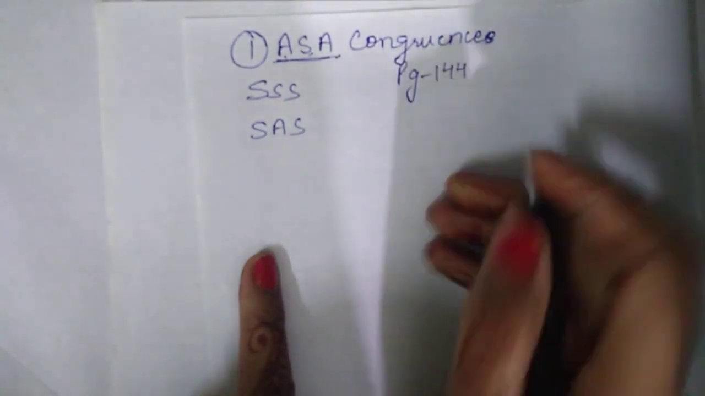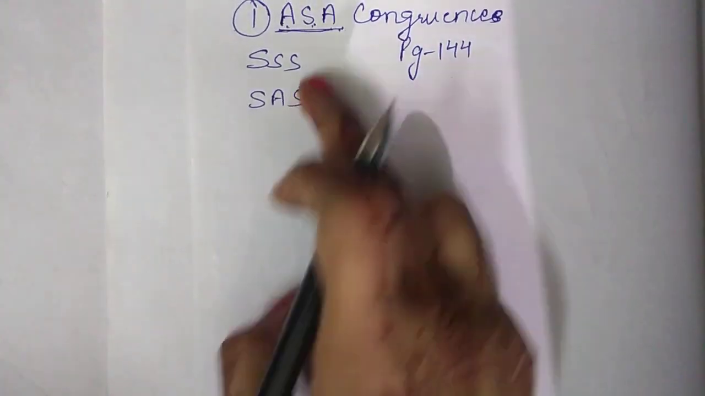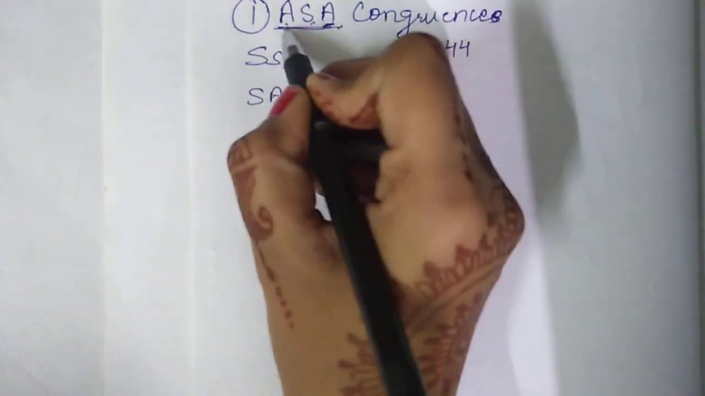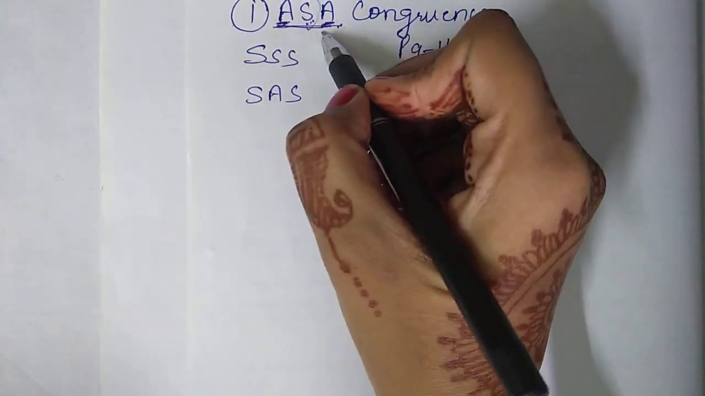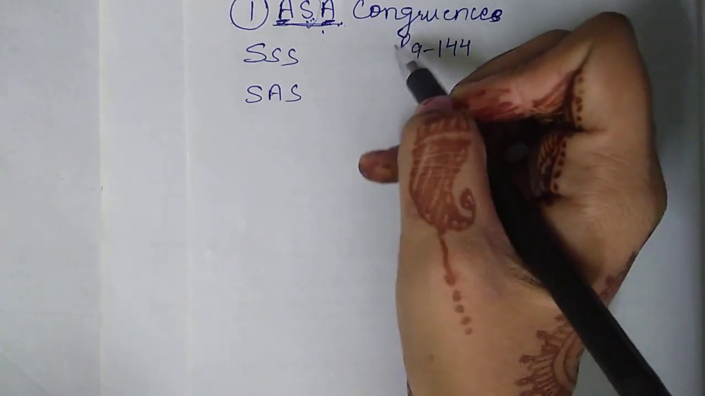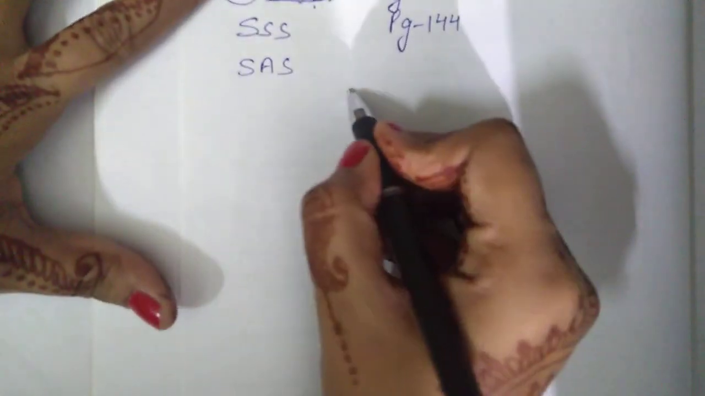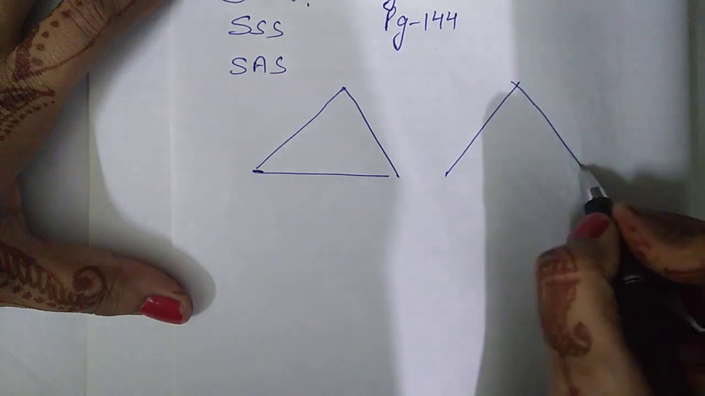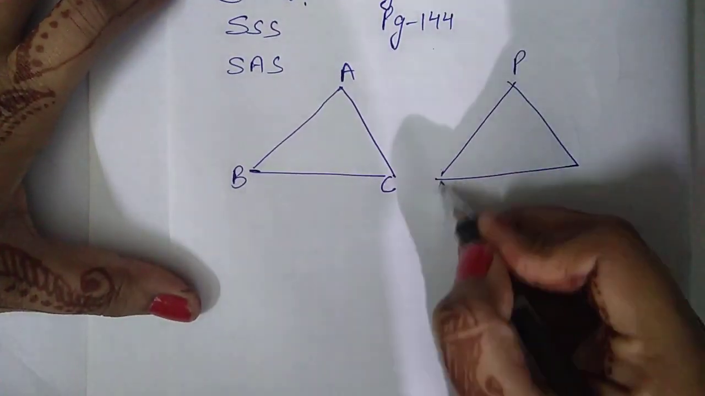You can read it. Okay, I am explaining the meaning of that statement. It states that two angles and one included side of one triangle are equal to two corresponding angles and the included side of another triangle, then the triangles are congruent. So if we have two triangles, let them be triangle ABC and triangle PQR,